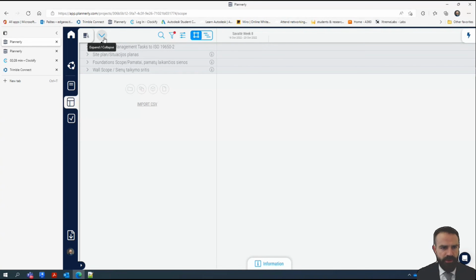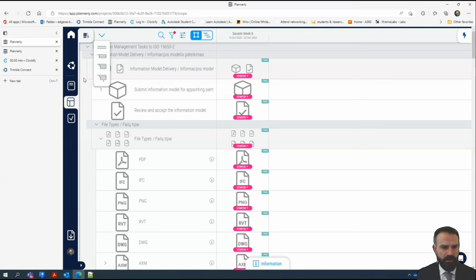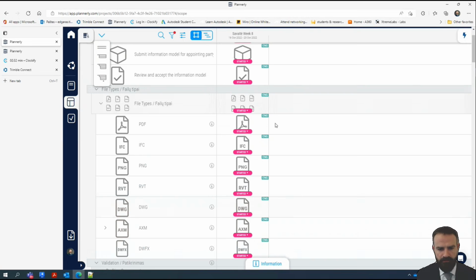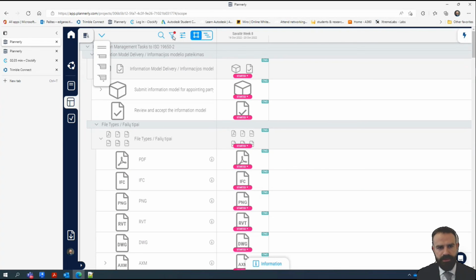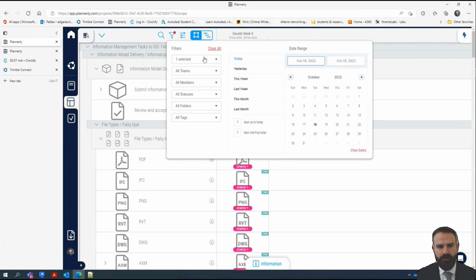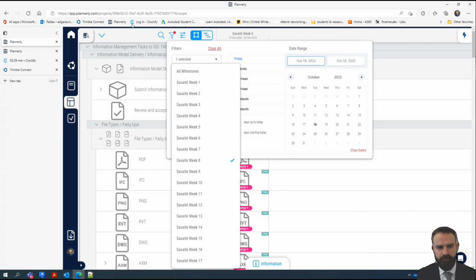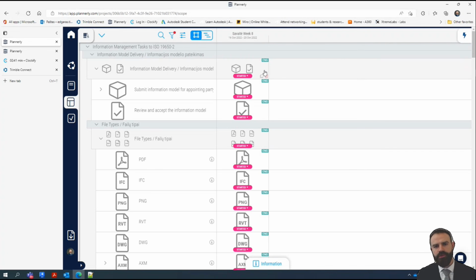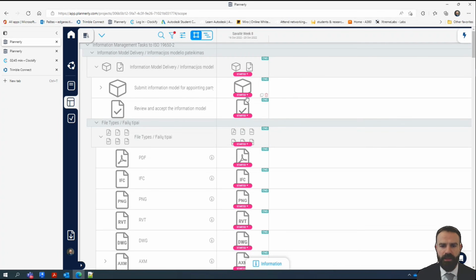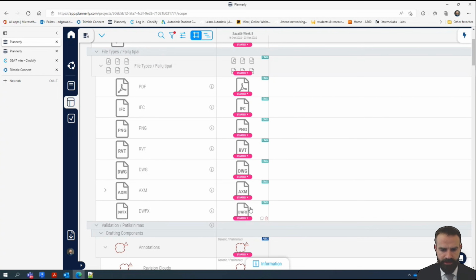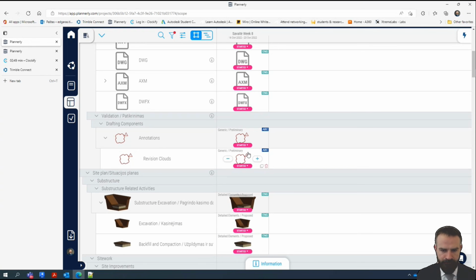So let's go and jump inside our task section, and in here I use the filter tool, and I select week number 8 to filter out all the information. And this week's submission part, we need to submit all these files which we discussed last time, and